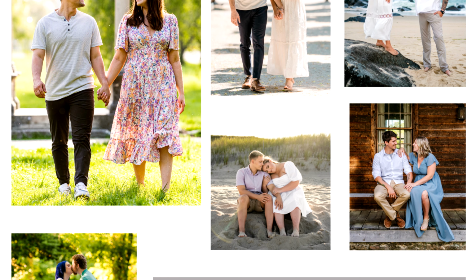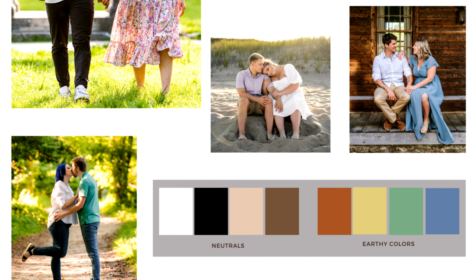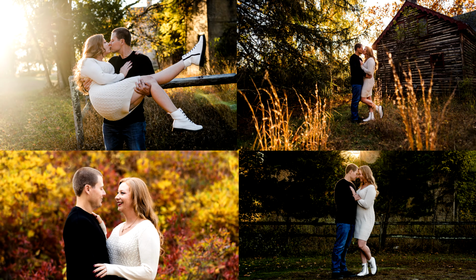If a girl's wearing a dress, definitely something like a floral pattern can work really well. But I typically suggest that they keep things pretty simple in the outfit department. Guys especially, I would just really suggest a solid black shirt, sweater, maybe again another color that they really like, and then maybe just something like black jeans, khakis, and then some type of neutral colored boots or nice sneakers. The one thing you don't want to do is have a guy show up wearing his gym shoes with a really nice outfit and it just totally doesn't match. And it's just something you could have suggested in advance, is just make sure you're wearing nice shoes and